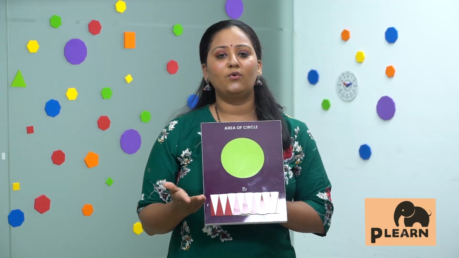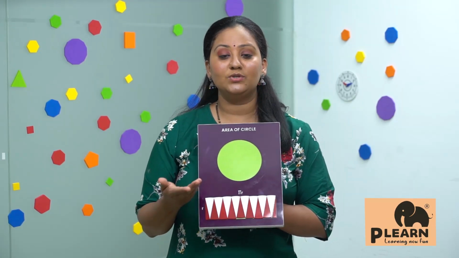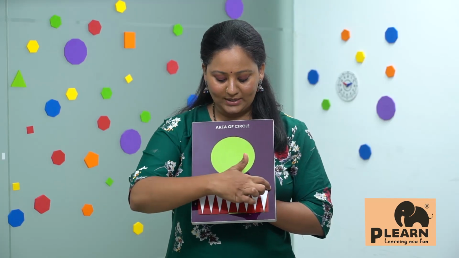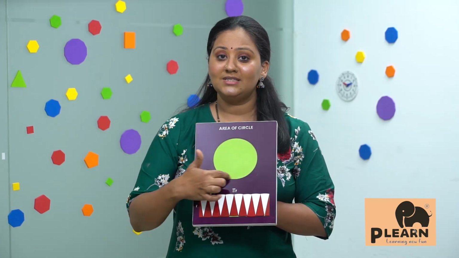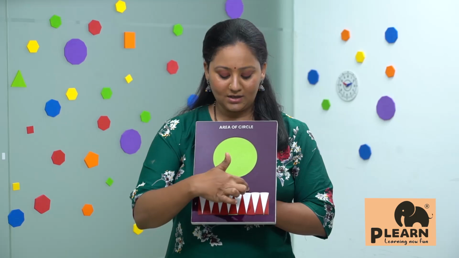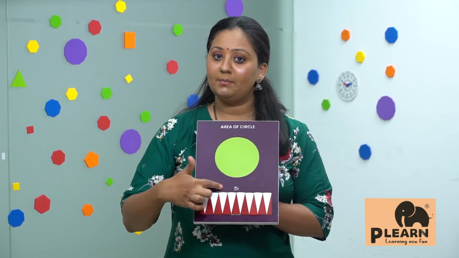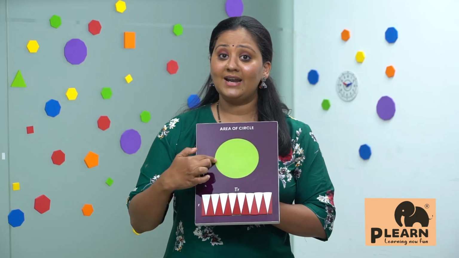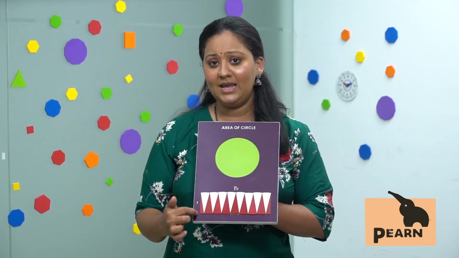Now we all know how to find the area of a rectangle, which is length into breadth. So now when you see here, you can see that this one side was this one semicircle. So what was the circumference? It was pi r. So this is going to be pi r. Then you can see that this portion was the radius of this circle. So this will be r.